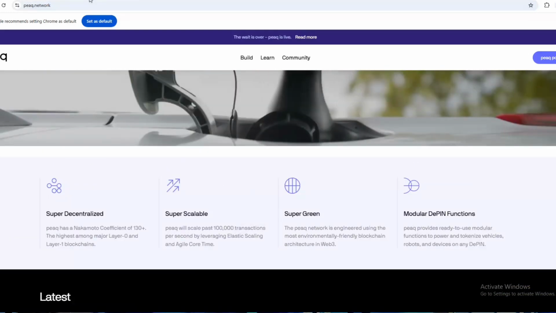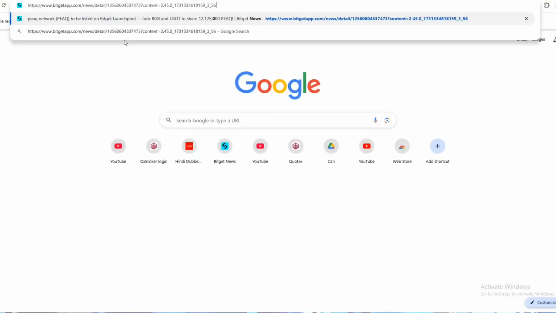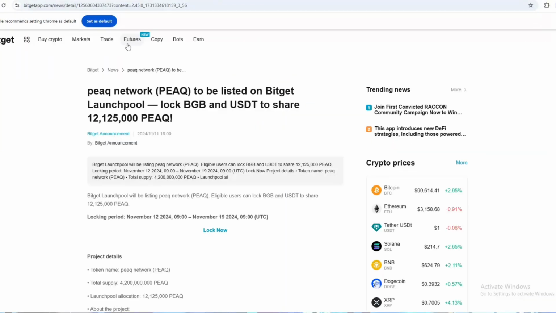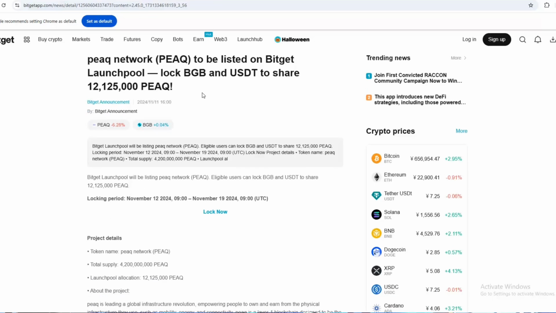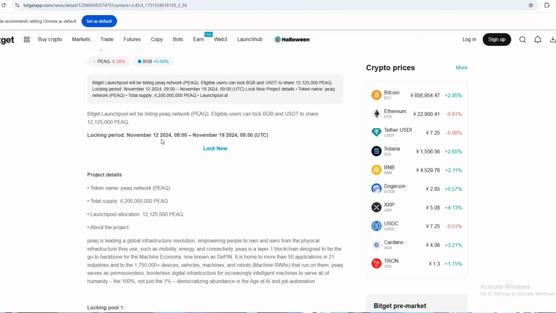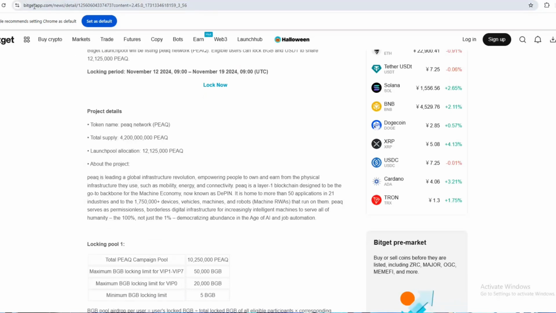Okay, so if I show you the details of this, and if I show you some more details, then you can see that this is the PEAQ network and auto benefit or Bitget Launchpool. And how you can participate in this launch pool, you can see lock BGB and USDT to share PEAQ. Okay, so this is the official announcement of Bitget. You can see, you can verify the Bitget official announcement. What you need to do